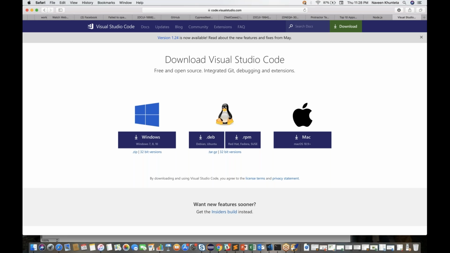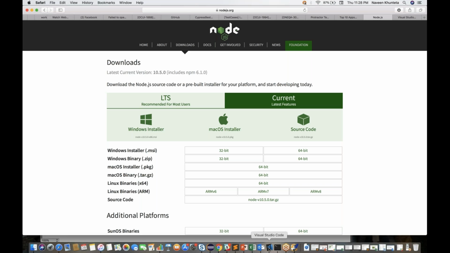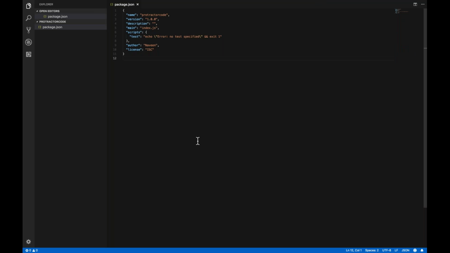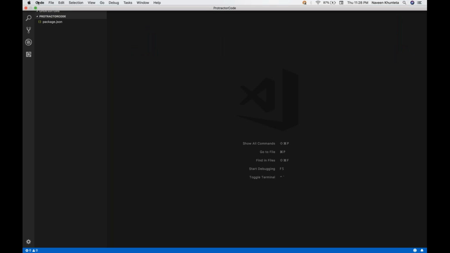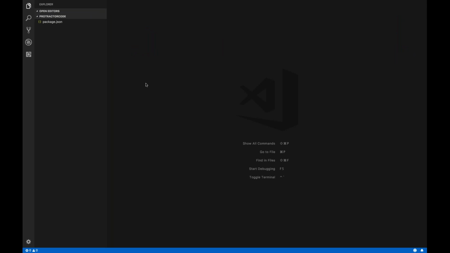You can download Visual Studio Code, and then you have to launch it. How to launch it? It looks like this. I'll show you. Visual Studio Code. It looks like this. Okay. The first time it will open one welcome screen. Just close that welcome screen, and then this is Visual Studio Code. Okay. So this is Visual Studio Code, and